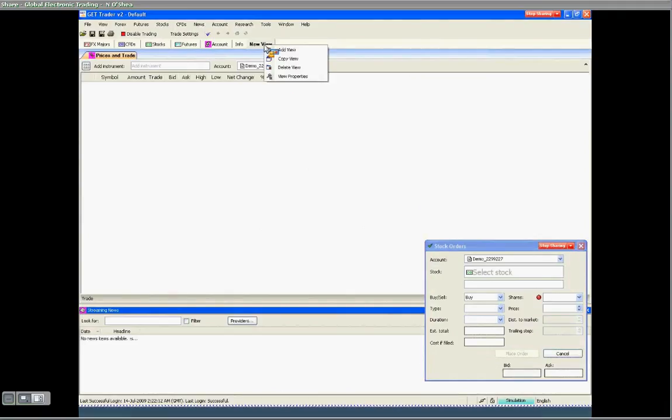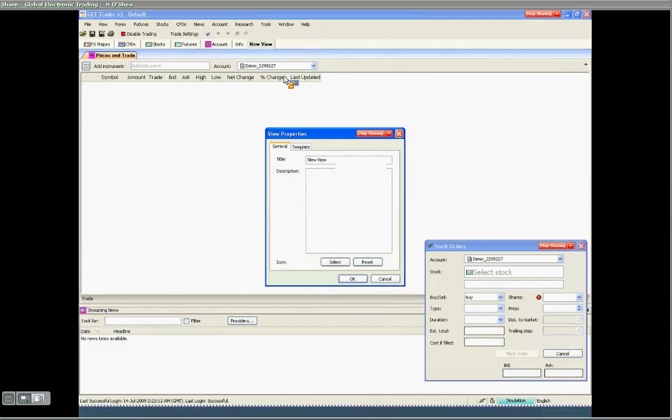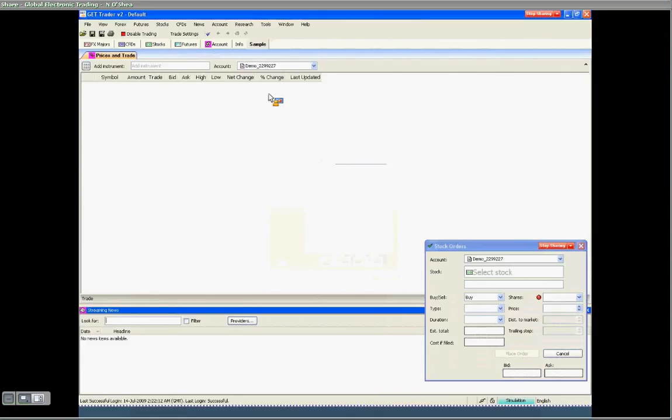If you want to rename this view to be more consistent with what you have in this section of the platform, you go to Properties, and your title, you simply highlight your title and change it to, let's say, sample. Click OK, and you will